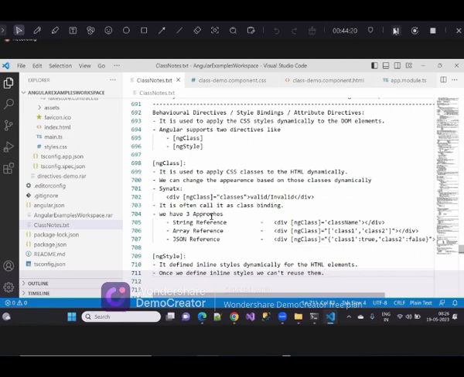Not even in Angular, even in Java, .NET or anything you can take, you always think: write less and do more. Because this is a distributed system. Distributed system in the sense that it is not handled on your machine. It is available on some other server. We send the request from the browser, and the browser makes an HTTP call to that particular application and downloads the resource, right? Suppose in my server the resource size is too big, then it will take time. Yes or no? It will take time. That is where we always try to optimize the